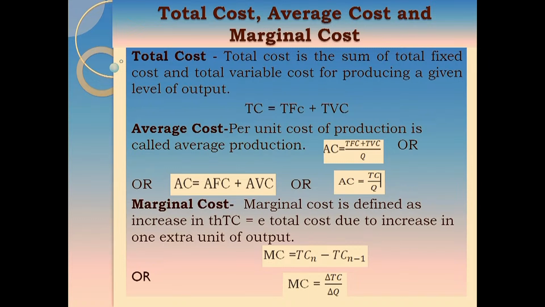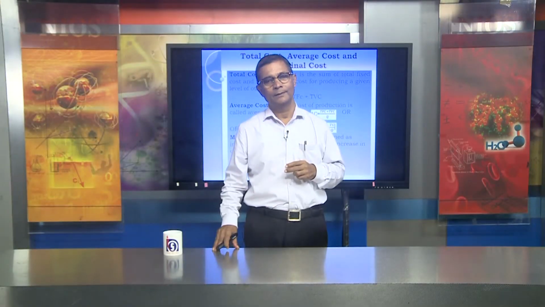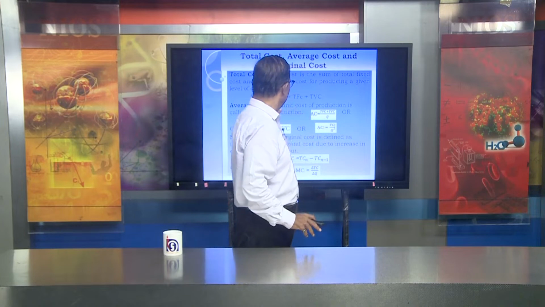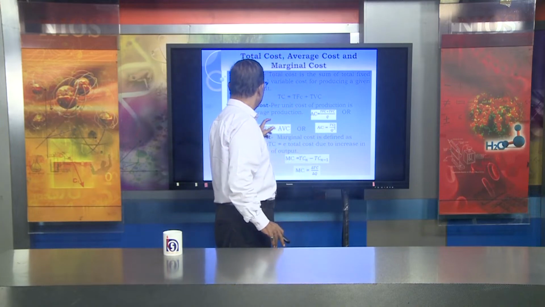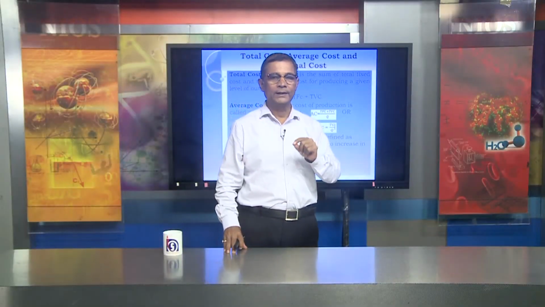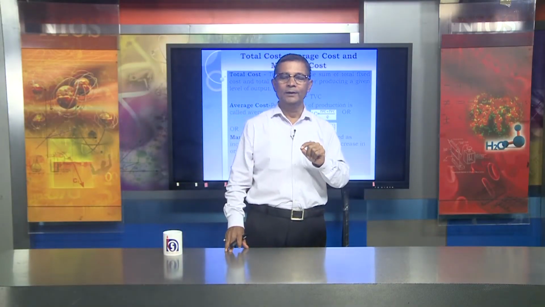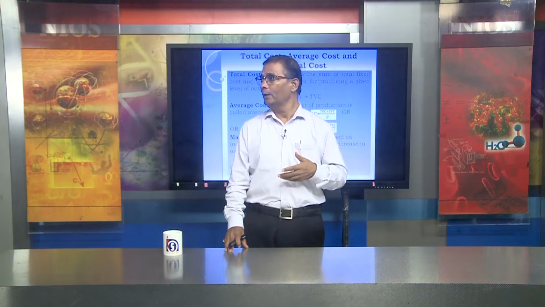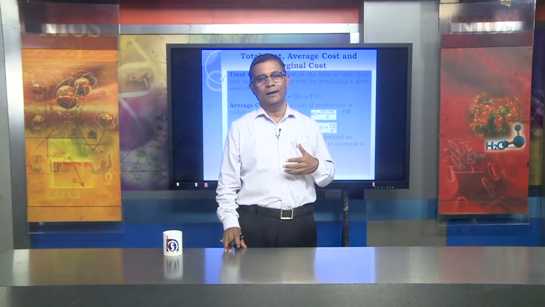जैसे आप नंबर सिस्टम में सिंपल सा एवरेज निकालते हो, औसत निकालते हो, उसी हिसाब से इसको भी कैलकुलेट करेंगे। Clear? So we can see that the average cost is calculated with the help of the formula AC is equal to TC upon Q. जब हम टोटल कॉस्ट को क्वांटिटी से डिवाइड कर देंगे, यूनिट ऑफ प्रोडक्शन से डिवाइड कर देंगे, तो हमारे पास पर यूनिट कॉस्ट ऑफ प्रोडक्शन निकल जाएगा।